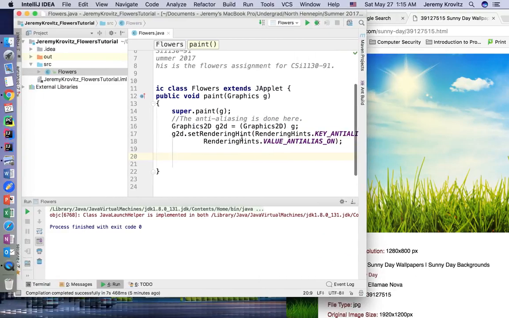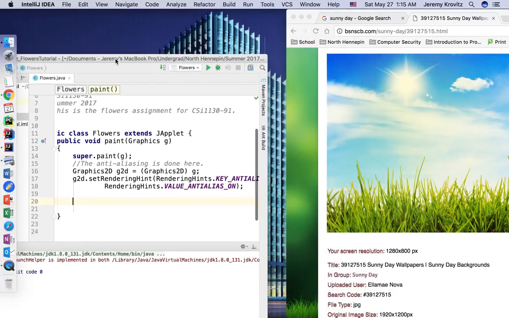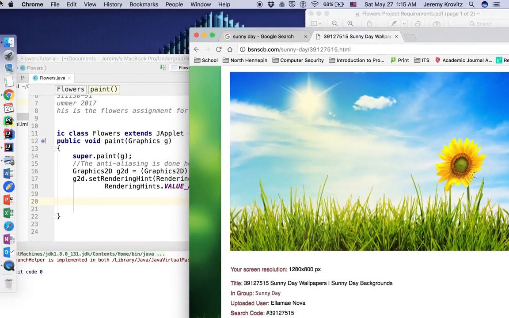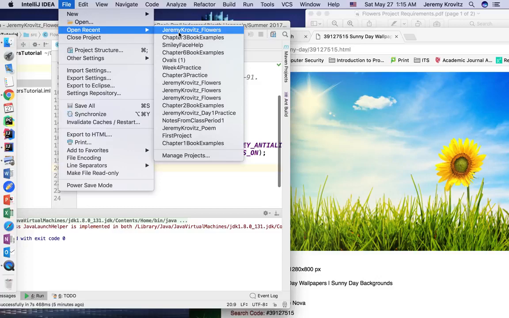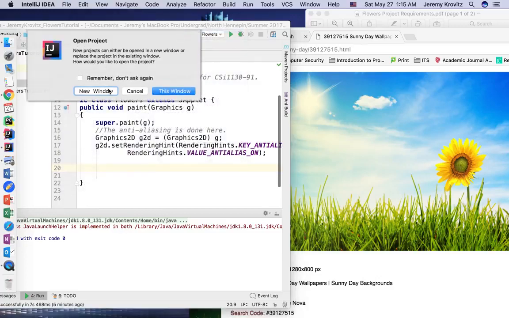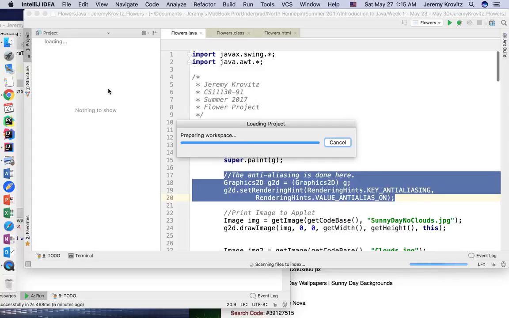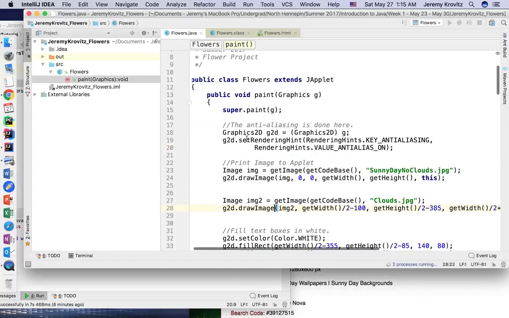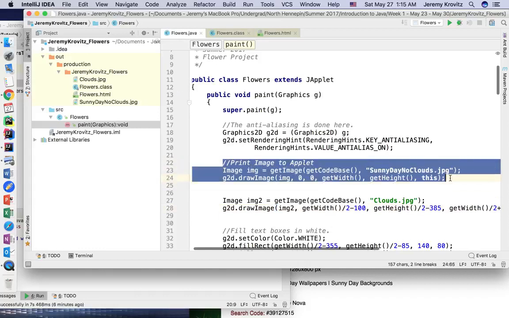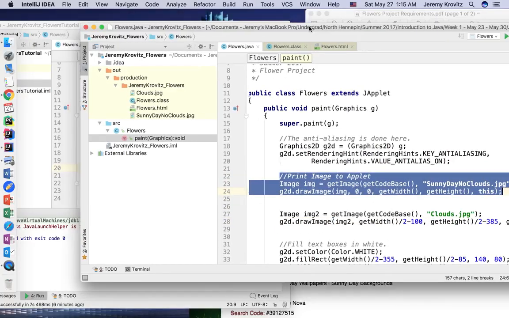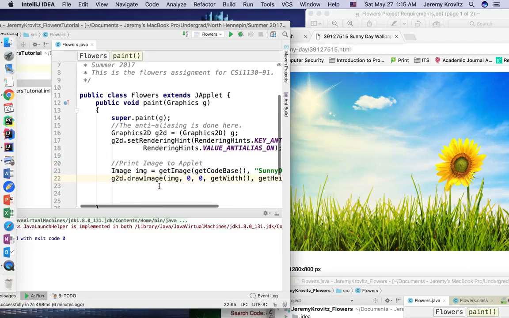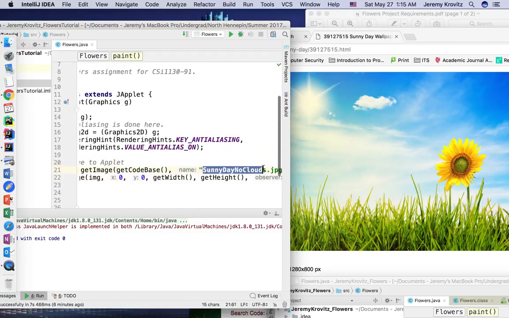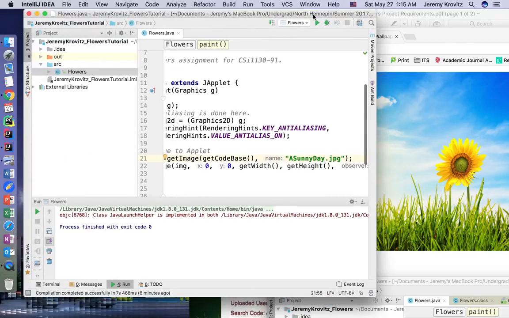So then I also need to find out how he declares images. I'm going to go back into the one I made. New window. I'm just going to copy the lines of code, these 2 lines. Change this to sunny day. So now